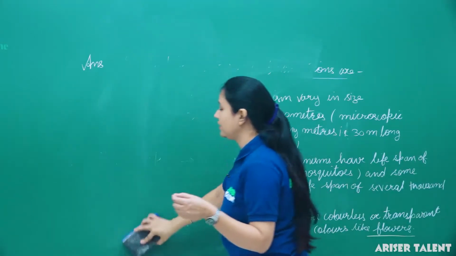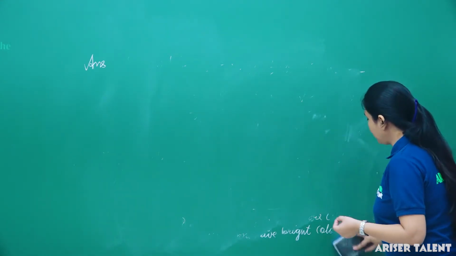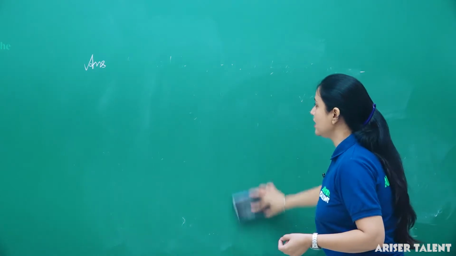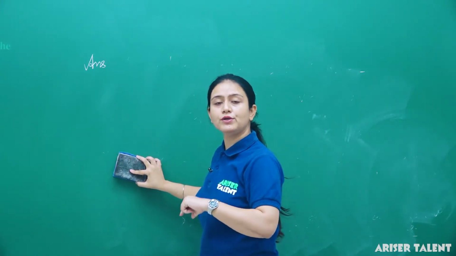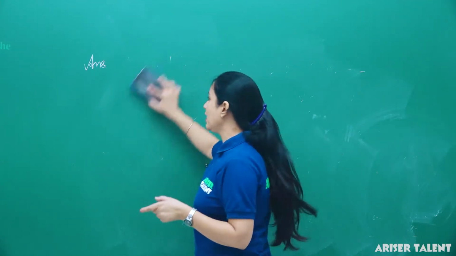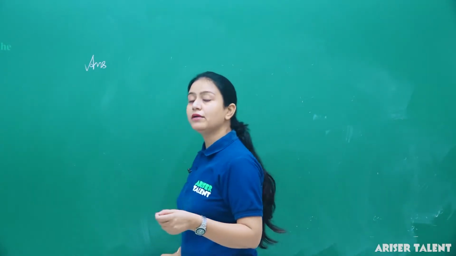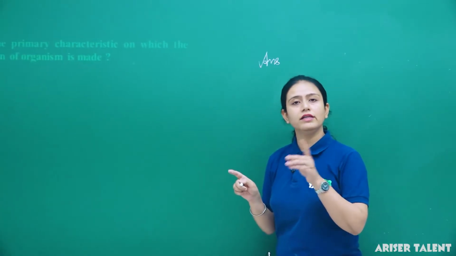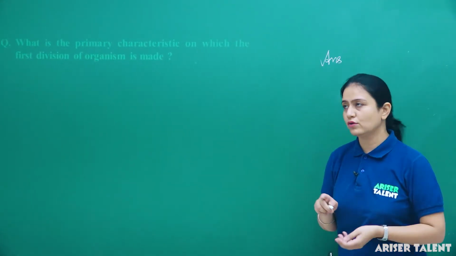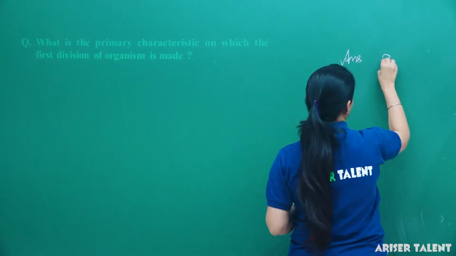First of all, the characteristic was whether the genetic material present in the organism is membrane bound or not. If the genetic material was not membrane bound, then the organisms were classified into the prokaryotic group, and the living organisms in which the genetic material was enclosed by a membrane were kept in the eukaryotic group. So here we go with the answer, that the primary characteristics were